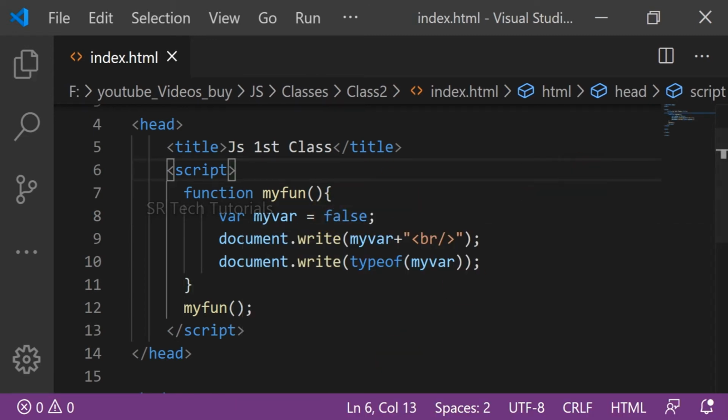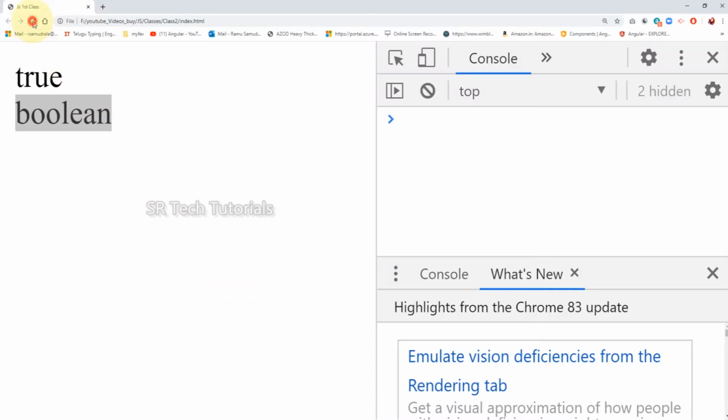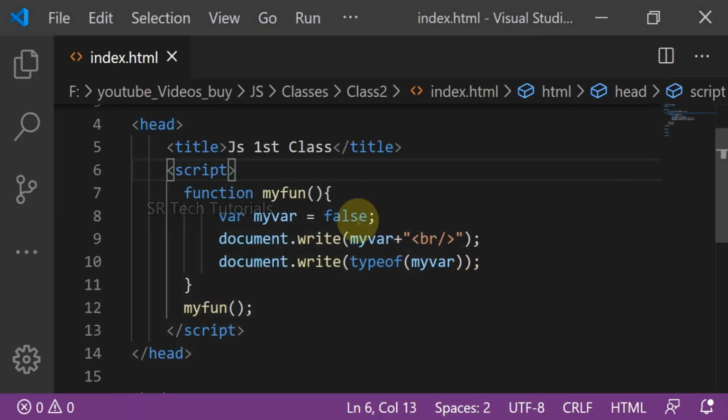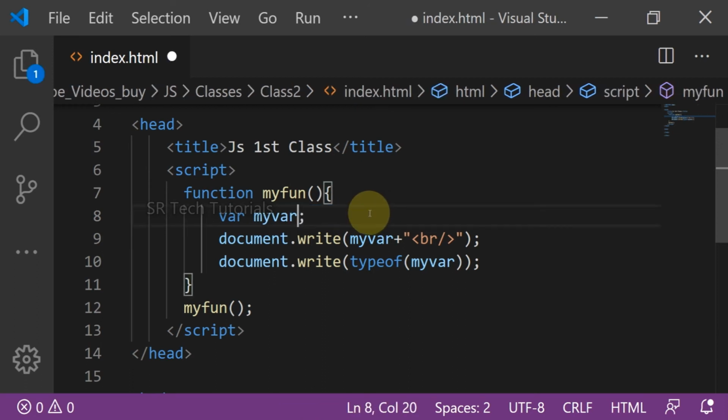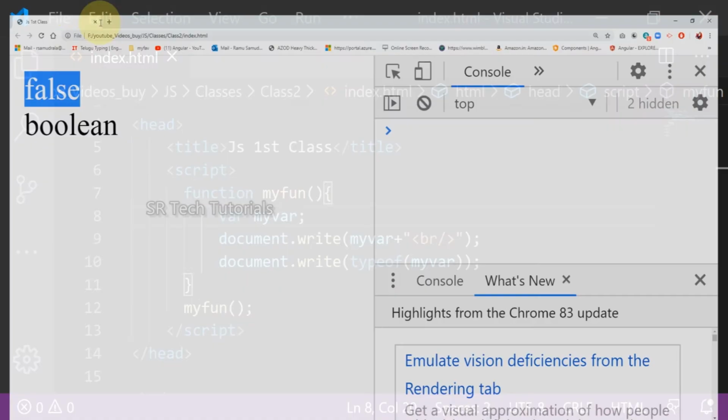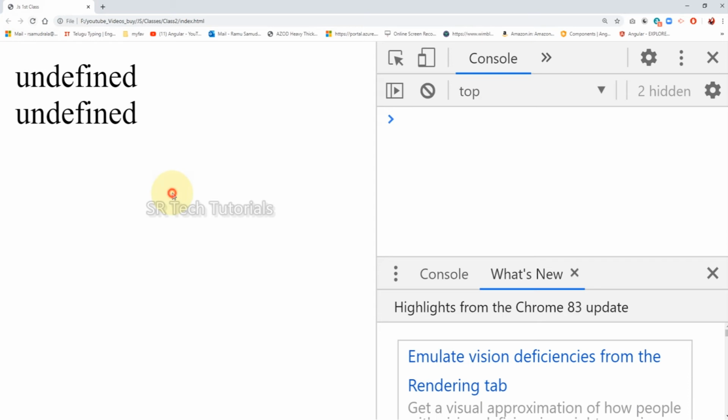Now I just declared the variable and didn't assign any value to it. Then what will happen? Just check once. Its value is undefined, which means its data is undefined and its data type is also undefined.